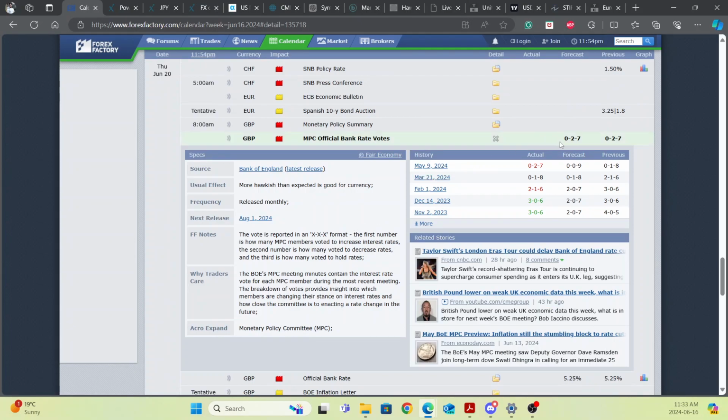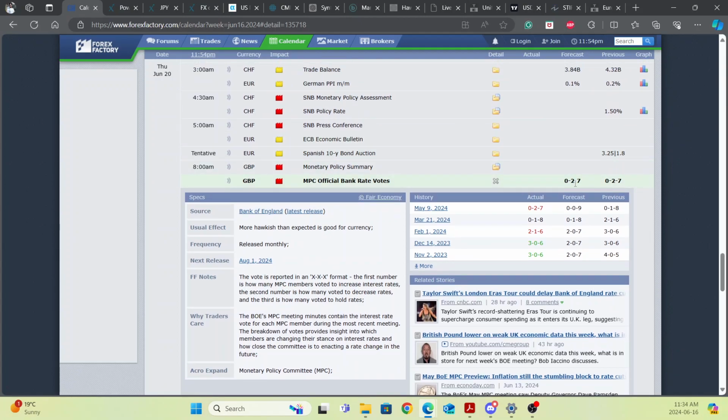If you don't understand what 0-2-7 is, here is the explanation. The vote is reported in an XXX format. The first number is how many MPC voters voted to increase interest rates. The second says how many voted to decrease, and the third says how many voted to hold. So here it is 0, 2, 7. The 2 are Ramsden and Dhingra. The 7 are the other MPC voters, stating that they don't want to see any increase in the interest rate